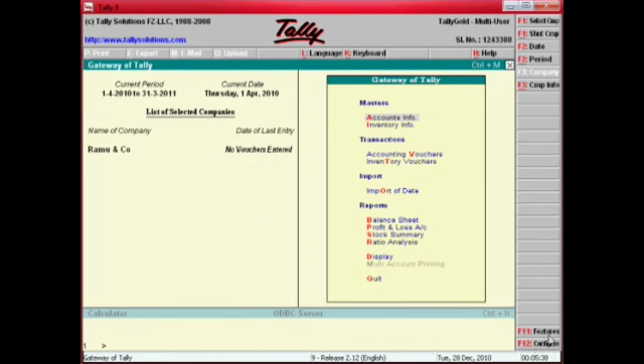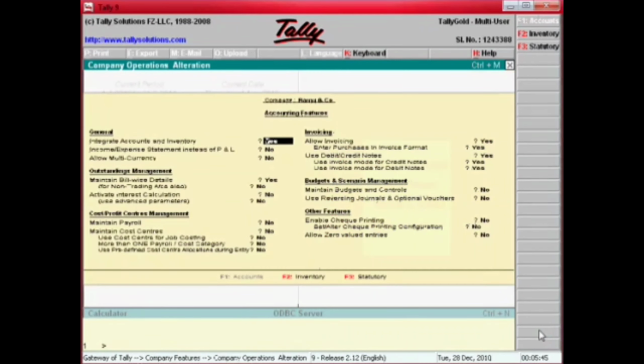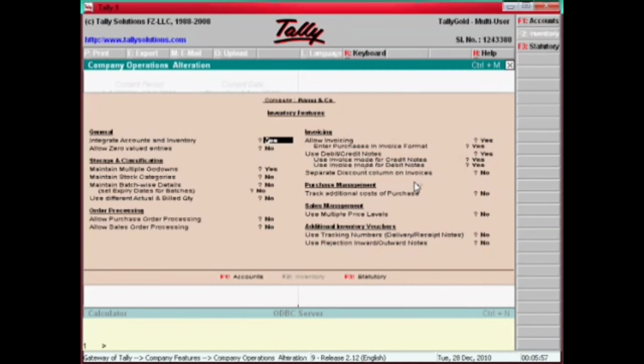Now go to here, accounting features. Say accounting features, yes, like this. You set up all these setups. Then go to here, inventory features. Maintain multiple godowns, yes, like this.